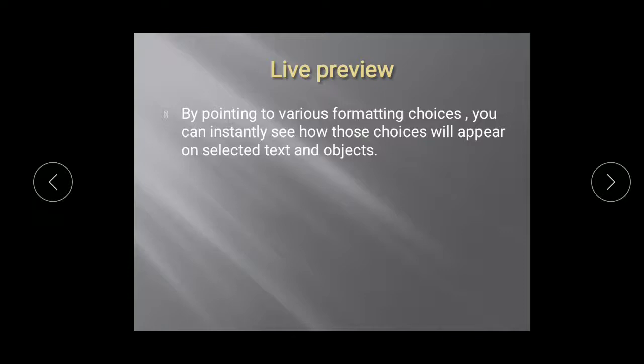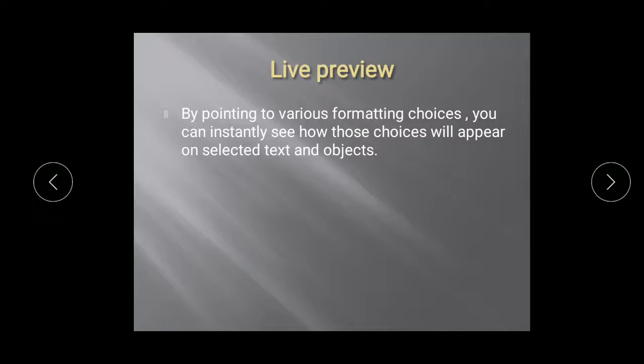Yes, if you want your text to be in red color, you just go to the mini toolbar, open the color formatting option, and point your device to the red color. You will visualize how your text looks, just in a blink.